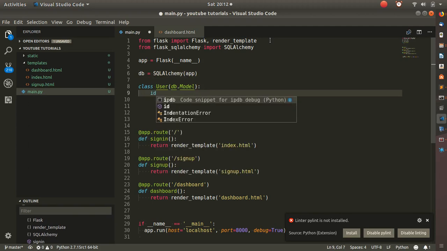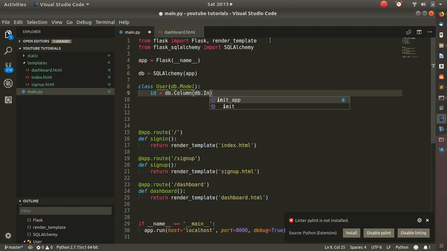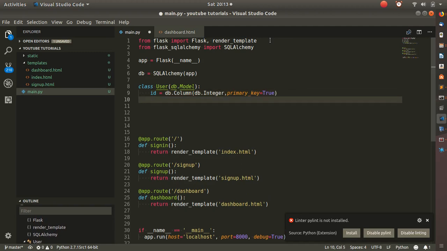Then I will give it our ID, like a primary key. So db.Column, db.Integer. Okay, then we have primary key equals True. Okay. Now we'll have email. We're taking the user email. We'll say email equals